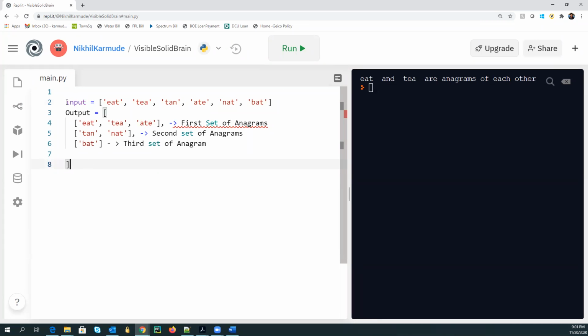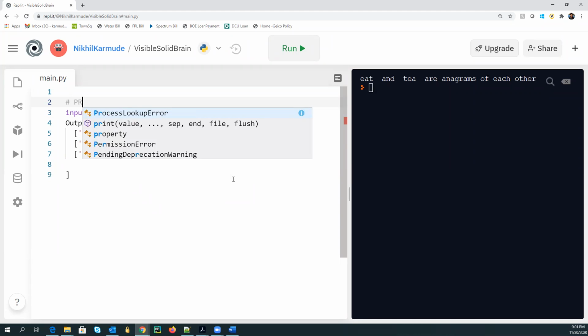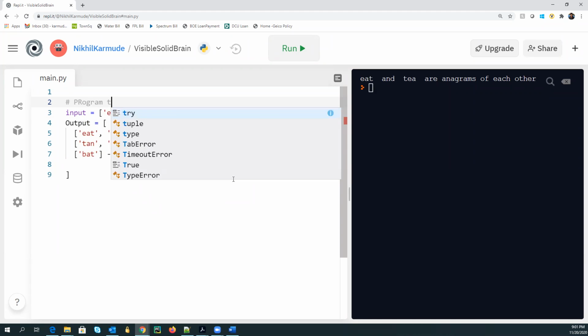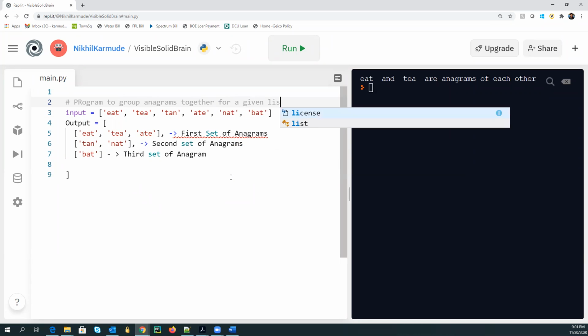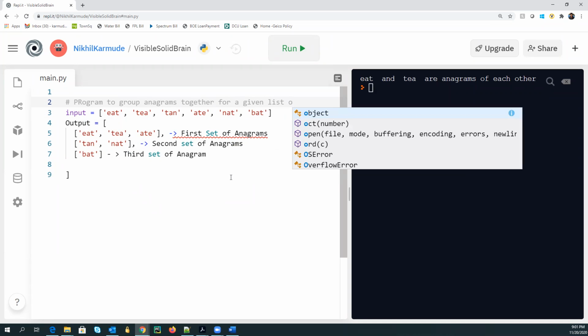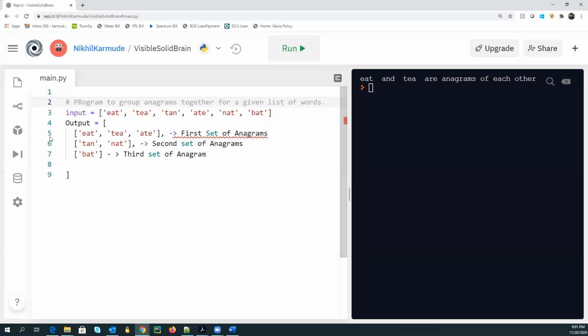So this program is called a program to group anagrams together for a given list of words. Here it's saying we have a list of words like this and we need to group it